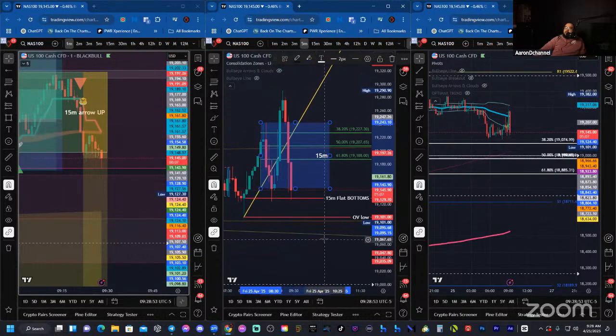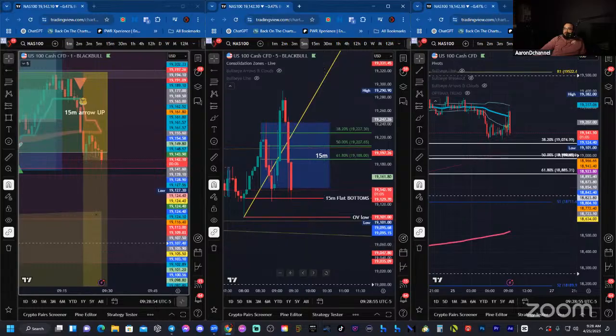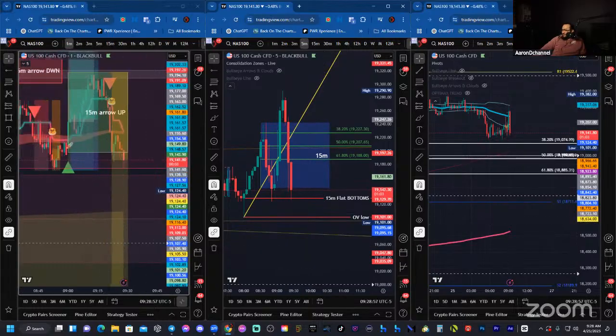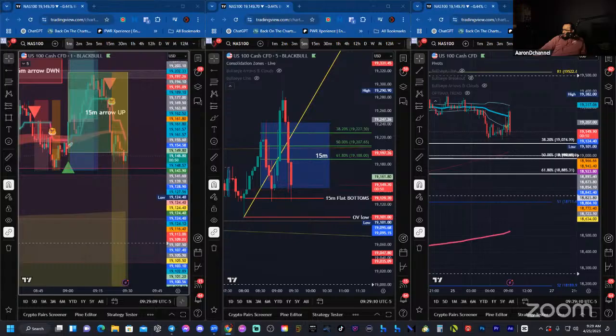I promise you ain't going to catch me in no chop. I'm going to be protecting these trades quickly. Let's see if we can take out that low. Okay, so yesterday, right? Yeah, yesterday. Let's see. That's a 4-hour. It's beautiful. Is that a 4-hour gap? Yeah, it's a 4-hour gap.